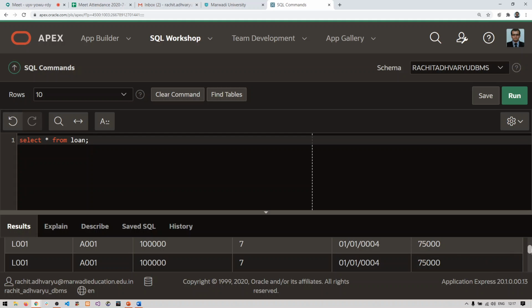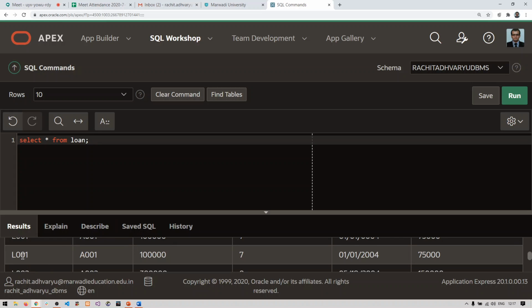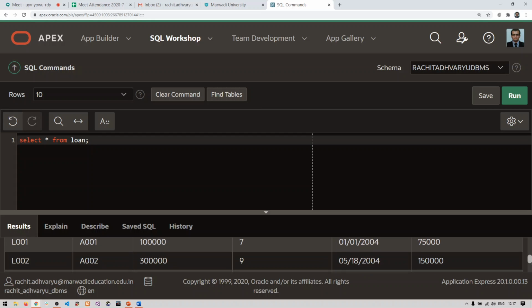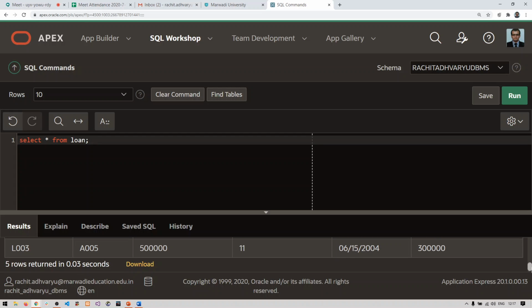Right? If we go for the third one, again we have L001, A001, 1 lakh, 7, but the date is quite different now, because here it is 0004, here it is 2004, right? Then we have L002, again different data, L003, again different data.